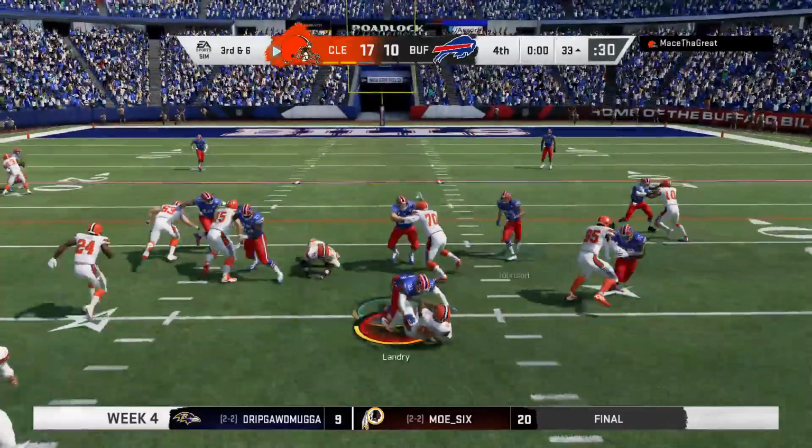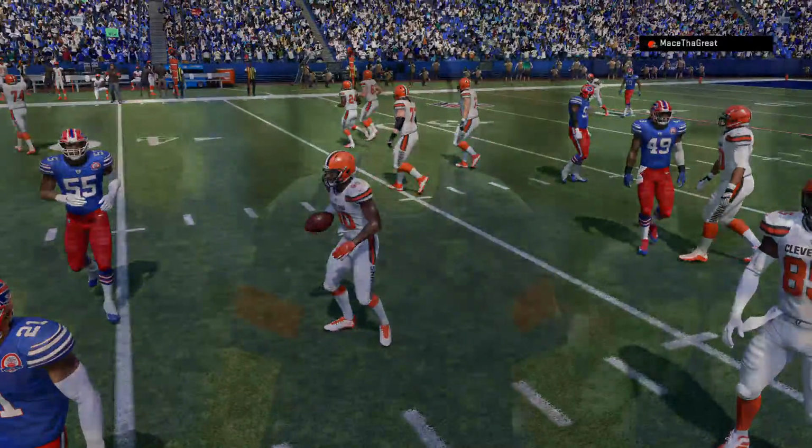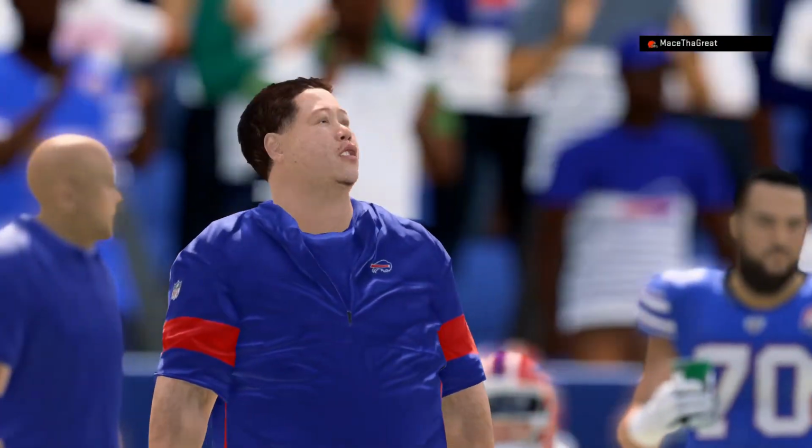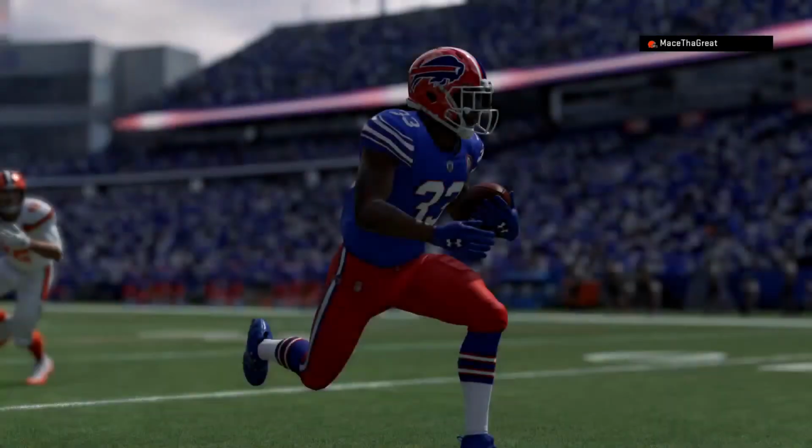Third down, and they're going to try the jet sweep. And that one covered beautifully. Their defenders stayed home, and they'll stop him behind the line. So Cleveland able to come away with the victory here. And it was their defense that really made the statement after the break. They picked